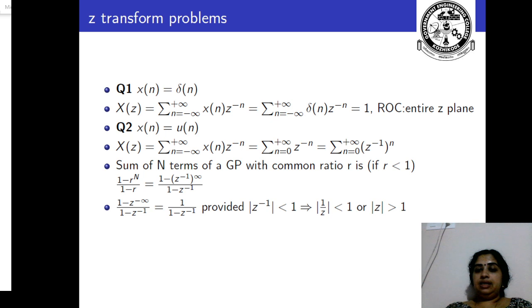But in that case, the sum of infinite terms is considered. If you have a common ratio greater than 1, then the sum of infinite terms of that GP goes to infinity, since r is greater than 1, which you have already studied. So you will have to consider the r less than 1 case alone. The condition that you have considered here is r less than 1.